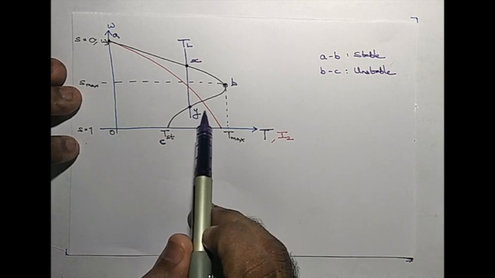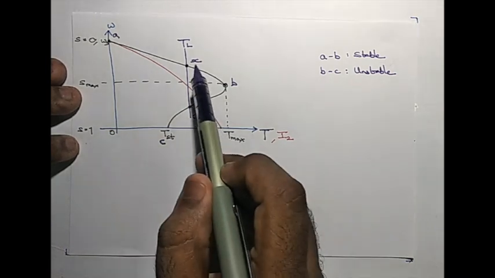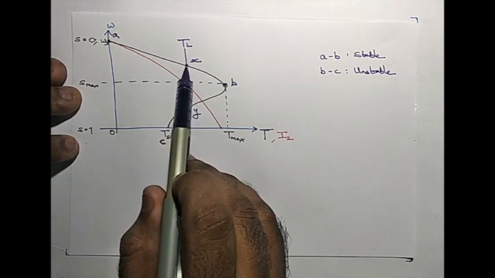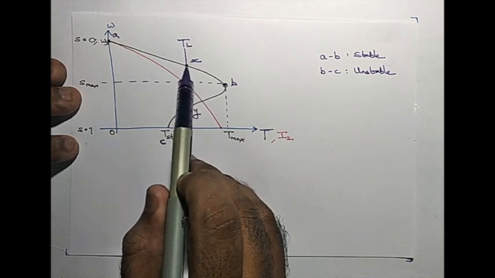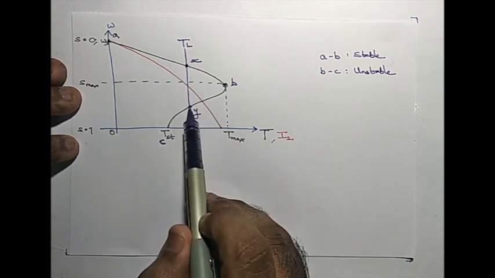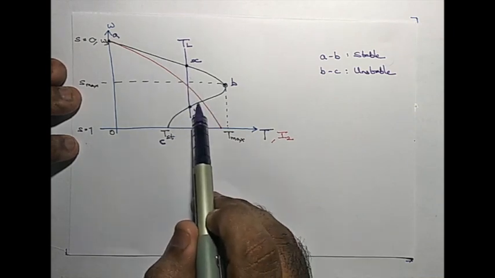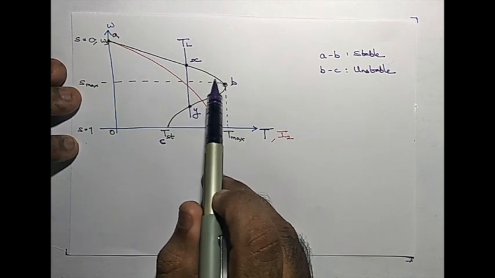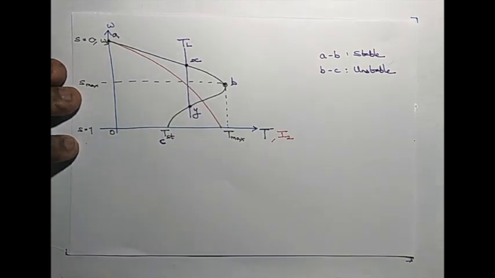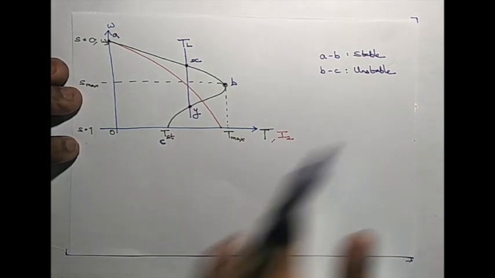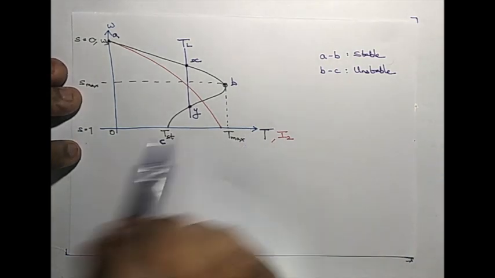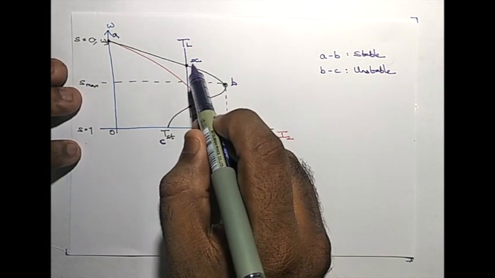That way you can check the stability of this operating point. If you do it properly, you will find that Y is unstable and X will be stable. That is, once you disturb it and the disturbance is removed, it will go back to the same point. Similarly, here if you disturb it and remove the disturbance, it will not come back, it will run away and reach this stable operating point. That you already know. I am not going to explain that in detail now. Just see the operating points X and Y.